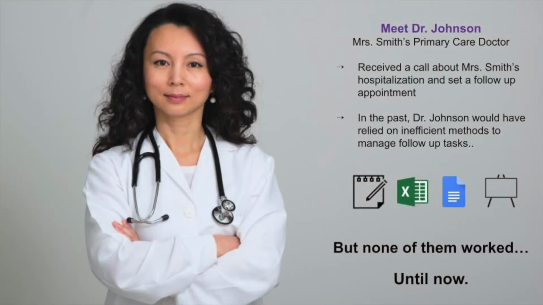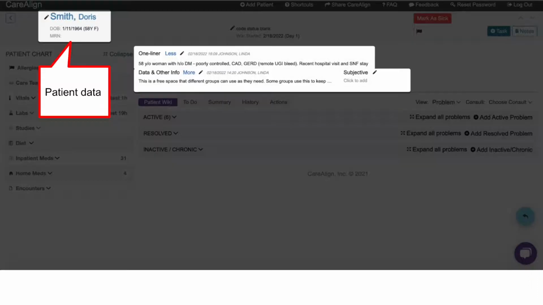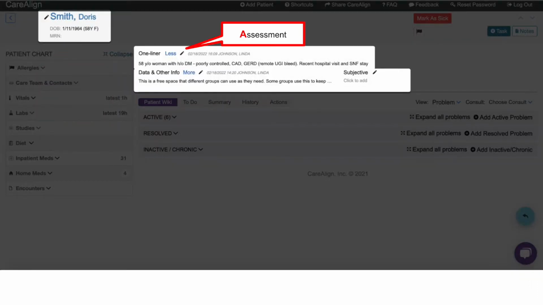Mrs. Smith's family recently called Dr. Johnson, their primary care provider, to give an update on her hospitalization and to set up a follow-up appointment. During that call, they spoke to the on-call nurse, Nurse Megan, who was able to make updates to the care plan. This is CareAlign. Notice that the on-call nurse can see the patient demographic information and a one-line summary, which